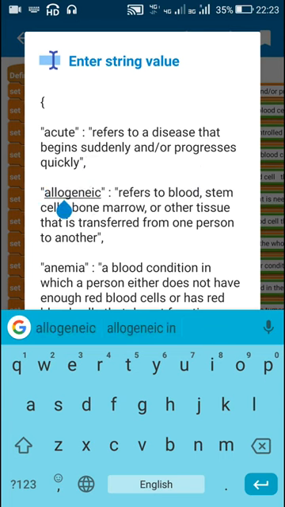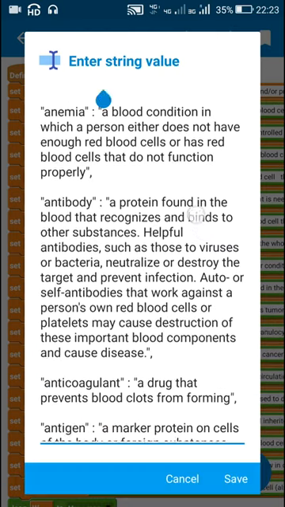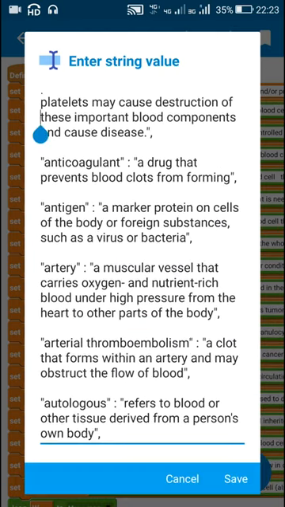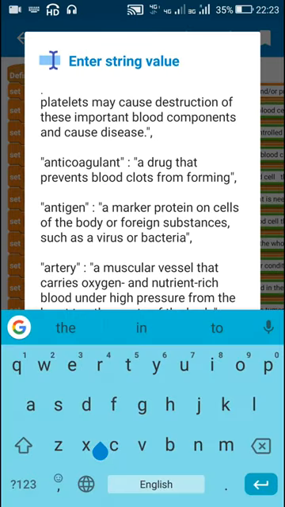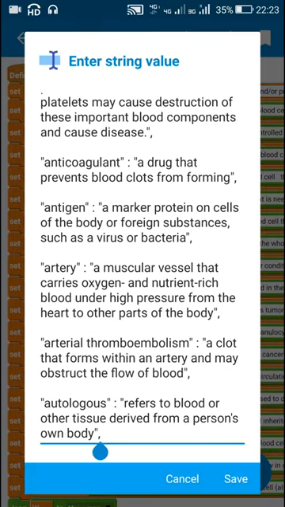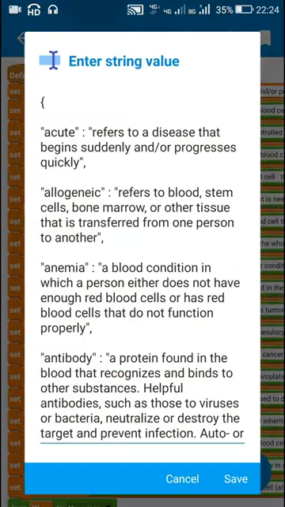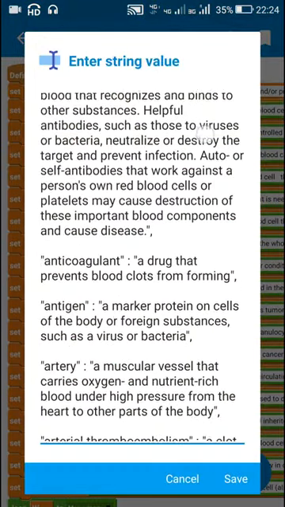Then I have another word from a in double quotes, followed by colon, followed by meaning in double quotes, followed by a comma, and the last word in this string ends with a comma. Here you can see the word in double quotes followed by colon, followed by the meaning in double quotes, followed by a comma. This is the last word for this string. So I have set this string a to this thing.